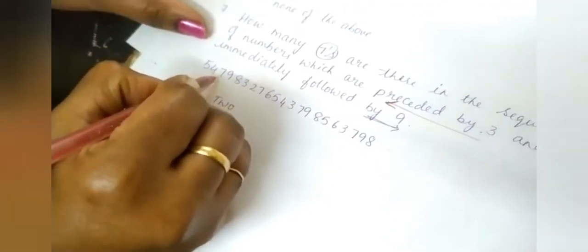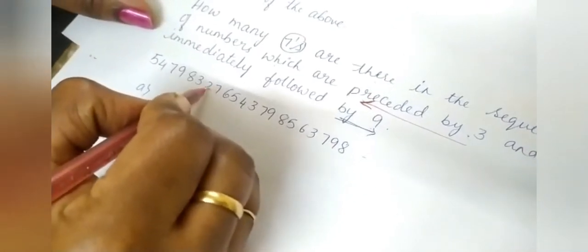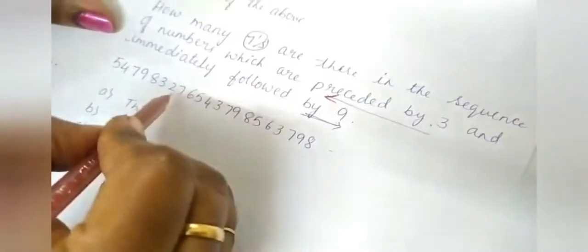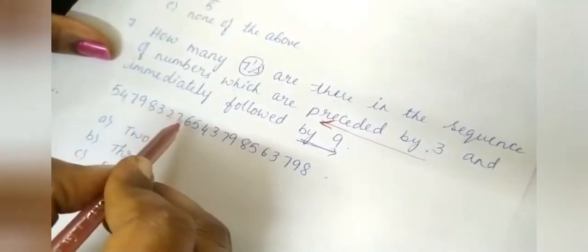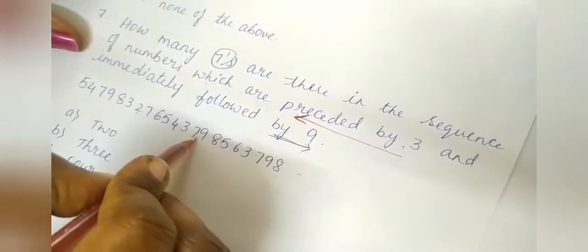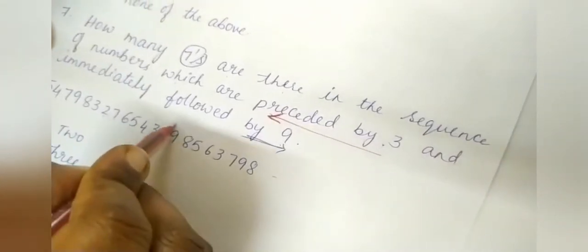Now we have 7 here, but before that we have 4, so this is not the option. Now wherever 7 is there, now here 7, so before that we have 2, so this is not the correct answer here. We cannot take it as preceded by 3, okay, because it is 2 here. Now go for one more 7, so 7 here we have it. So before 7 we have 3, that means 7 is preceded by 3 and it is followed by 9.